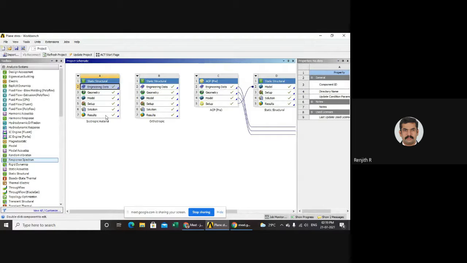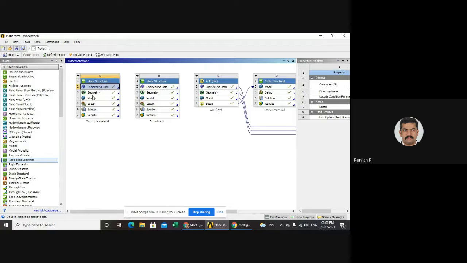And post-processor, after the solution we only get a matrix of numbers, so it is very difficult to read those numbers to find out whether there is any failure, all those things. So that's why we will convert those numbers into some legible outputs, like visualization concepts. We'll convert those numbers into contours or graphs. So that area is called the post-processor area. So preprocessor, solver, and post-processor. If you take any software, this is the methodology we will adopt. If you take Abaqus also, there will be preprocessor, solver, and post-processor.